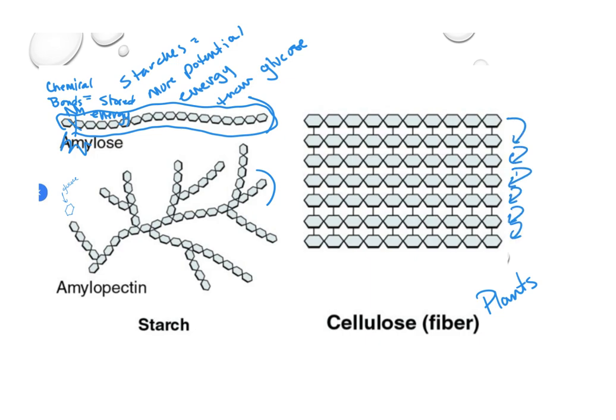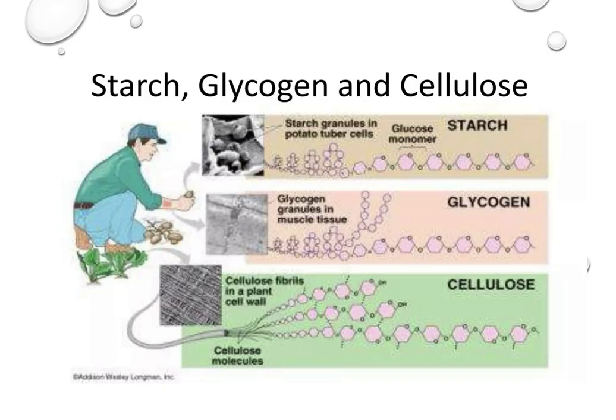And with all these bonds, it makes it difficult for us to be able to break down and process this food. That's the reason if you ever were to eat grass, it would come out just fully grass at the other end, because our bodies are not able to process all of these different bonds. So again, we have a lot of different types of